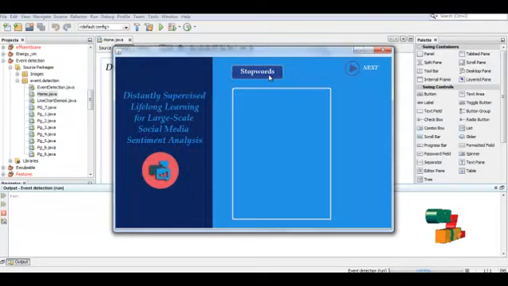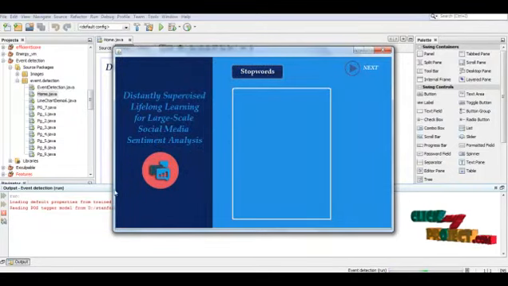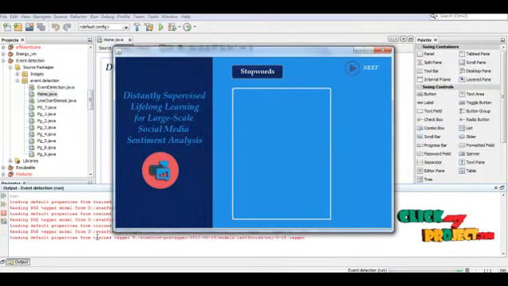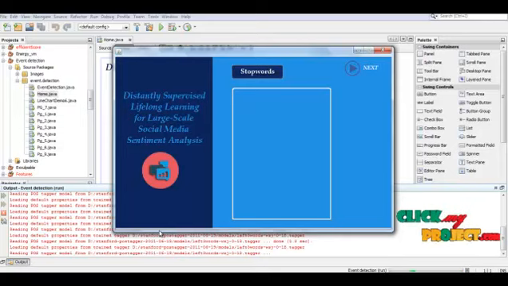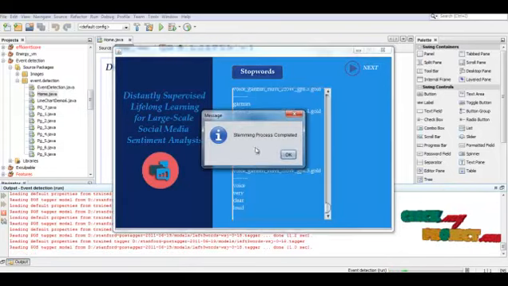Now we have to remove the stopwords. The stopword removal process is going on. The stemming process was completed.